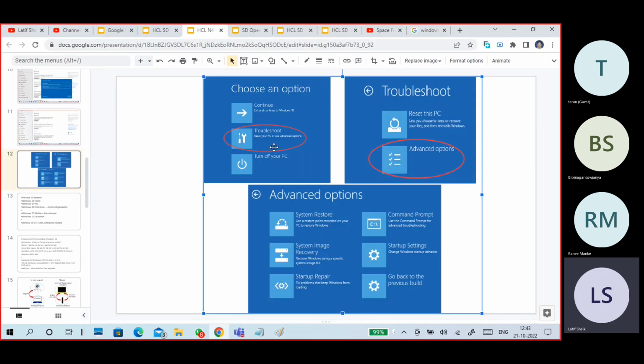One of the options I'm telling is system restoration, for when you install some application or certain drivers and you are facing a problem. So one of the options is system restoration. You can choose system restoration, or startup repair, for when you start a machine,